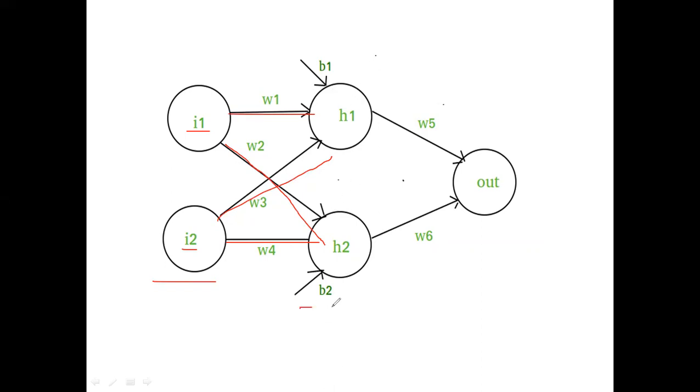This is the place of the hidden layer. In the hidden layer here we have only 2 nodes, H1 and H2. H1 takes W1 and also W3: I1 into W1 plus I2 into W3, plus here we are going to add B1, the bias. B1 for H1 and the next one is B2 for H2. We must add biases to those function units.